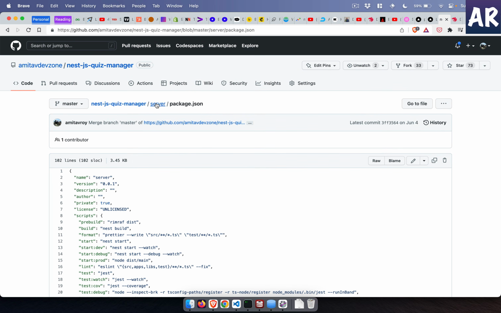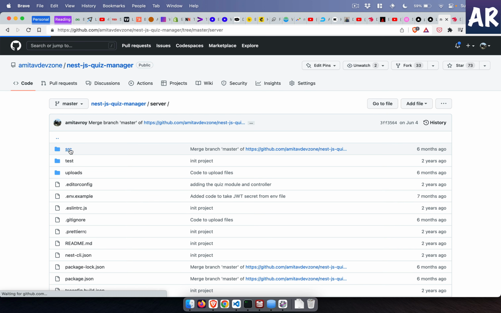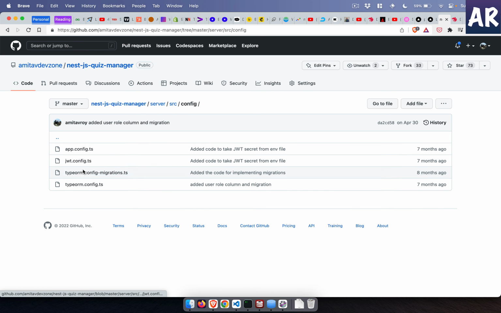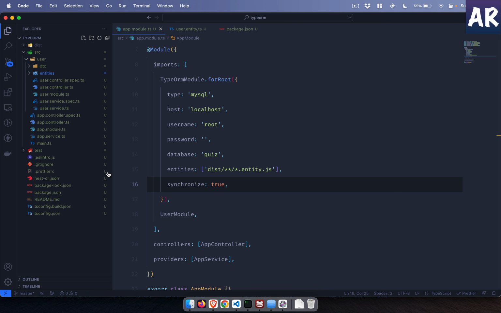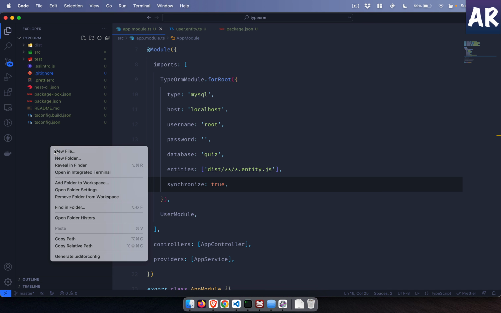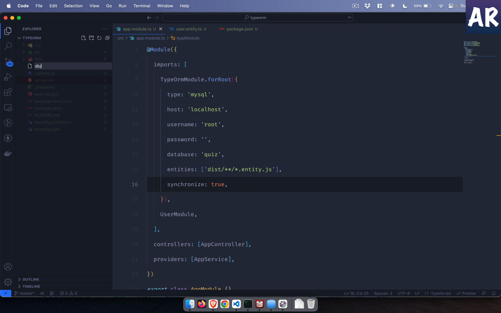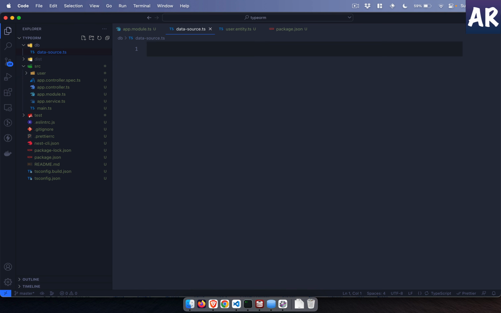So let me quickly show you that source config and TypeORM. I had two configs. I had a normal configuration and one was for migration. This is specifically for CLI. Now we don't need to do this. What I will do is, at the root level, I'll create a folder called db and then have data source.ts. And inside our data source.ts, we will